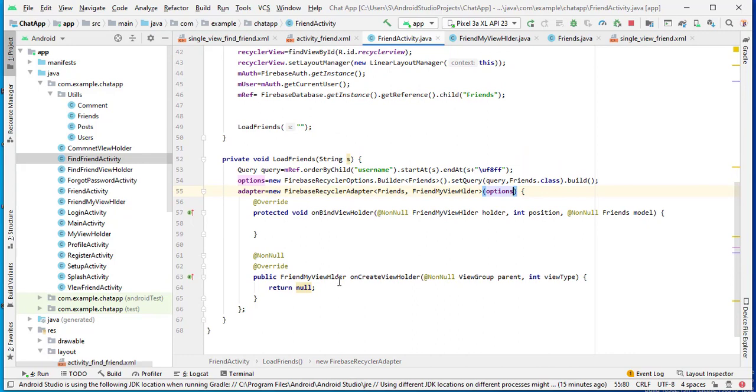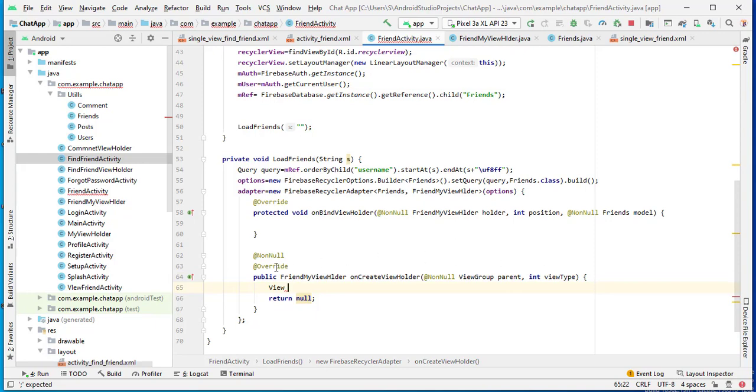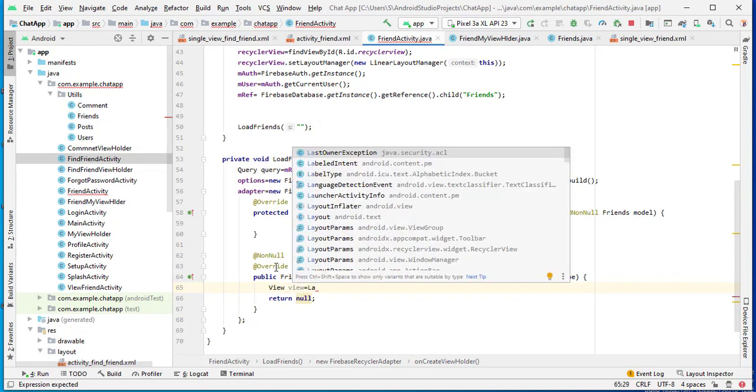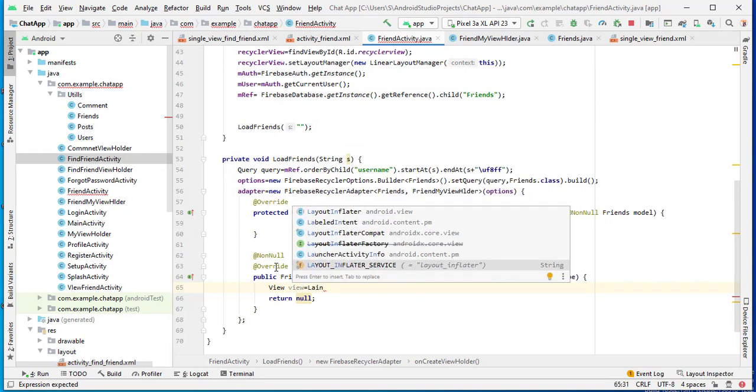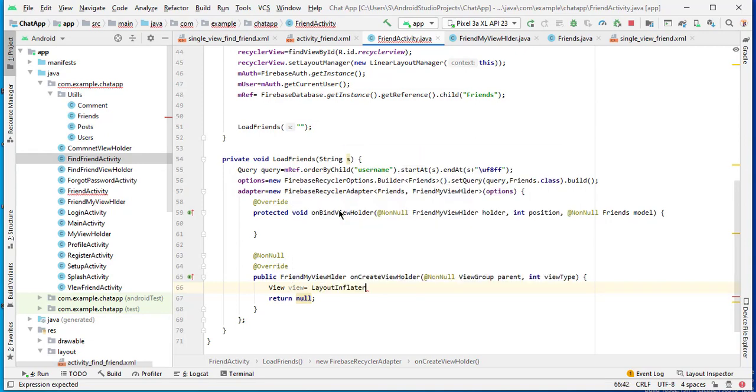First of all we will inflate our layout. So here we will create a view. We will access that layout that we have created. So view equal to LayoutInflater.from, and here we will pass parent.getContext().inflate, and here we will pass R.layout, sorry,